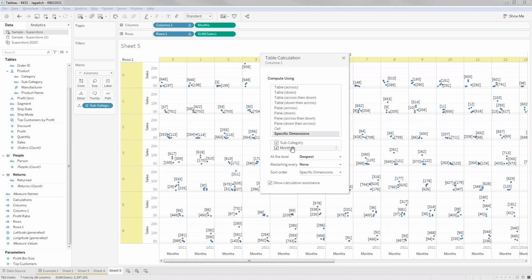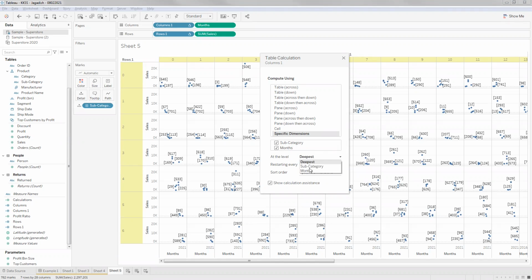So it says, I understand that you have set up the hierarchy like this, but up to the level, what does this mean? What the at the level field is trying to tell is, you have set up a hierarchy like this, but up until what level do you want me to perform this calculation? Do you want me to go up until deepest, meaning the last item in the hierarchy, which is months in this case?